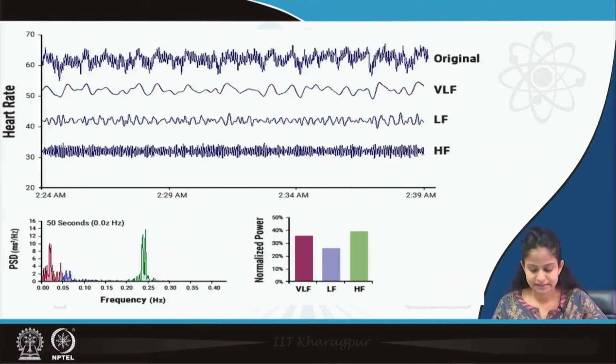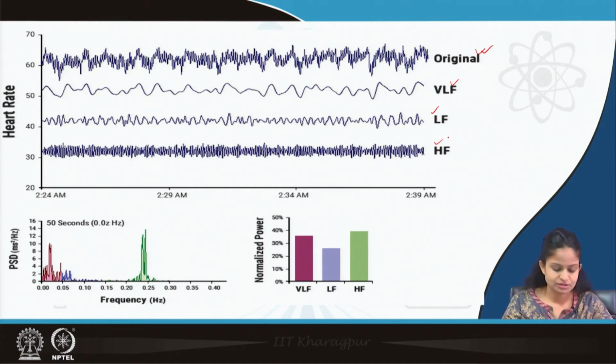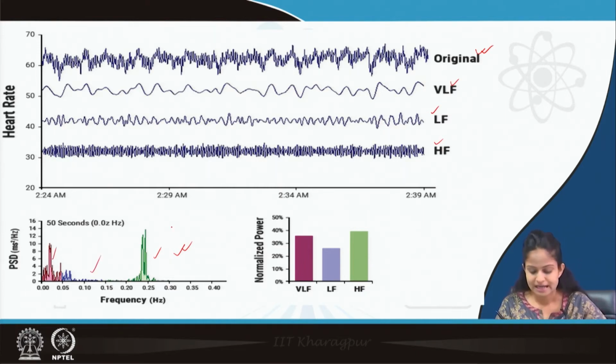So, this is the diagram which shows the decompositions of various components, and you can see this is the original wave which we are getting, and this has been decomposed into VLF frequency, low frequency and high frequency, because of the decomposition into various components, the quantifications of various frequencies are done. And this is the power spectral analysis which consists of very low frequency and high frequency, and this is the